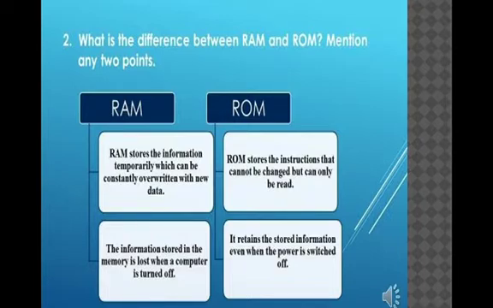Constantly means continuously. Overwritten with new data means, let us take an example: you are writing something in your notebook with a pencil. You have written something wrong one time, so you erase and write a second time. Again the second time you have written something wrong, so you erase and write a third time. Again the third time you made a mistake, so you erase and write again. So you are erasing and writing again and again, and that is called overwritten continuously. It means the data is erased and the new data is constantly written one on the other.